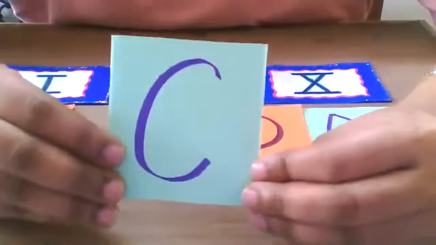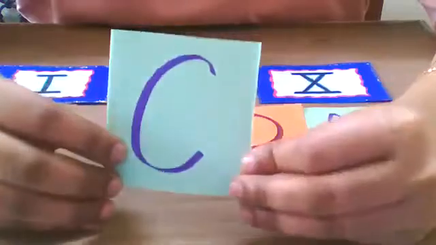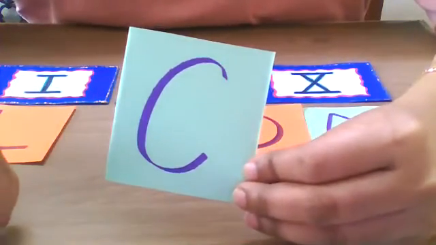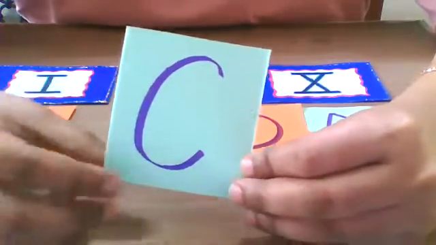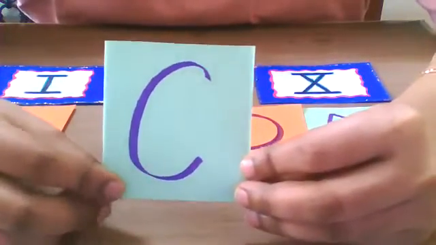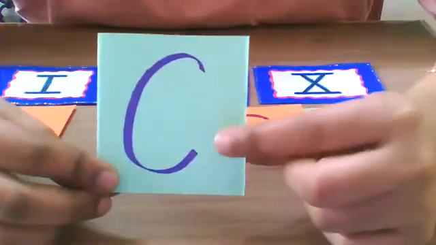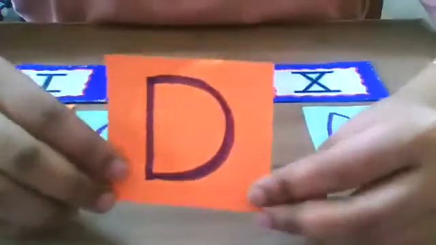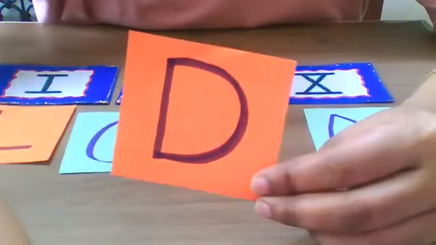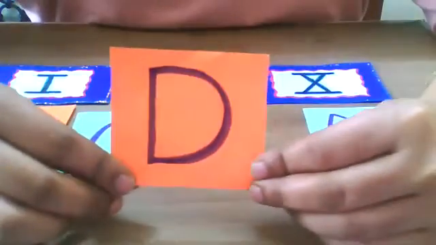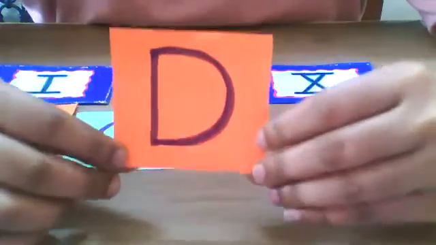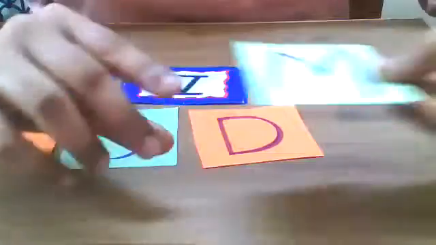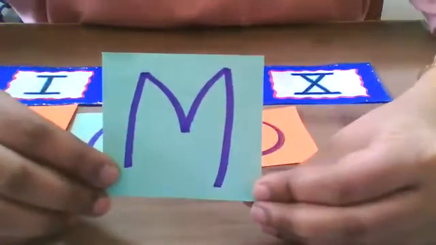This is letter C. Now, letter C represents 100. You can remember it this way, C for century, right? In cricket, we have century. So, when does a century happen? It takes place when there are 100 runs. So, C for century, it means 100. Then next we have letter D. Now letter D stands for 500. And lastly, letter M stands for 1000.